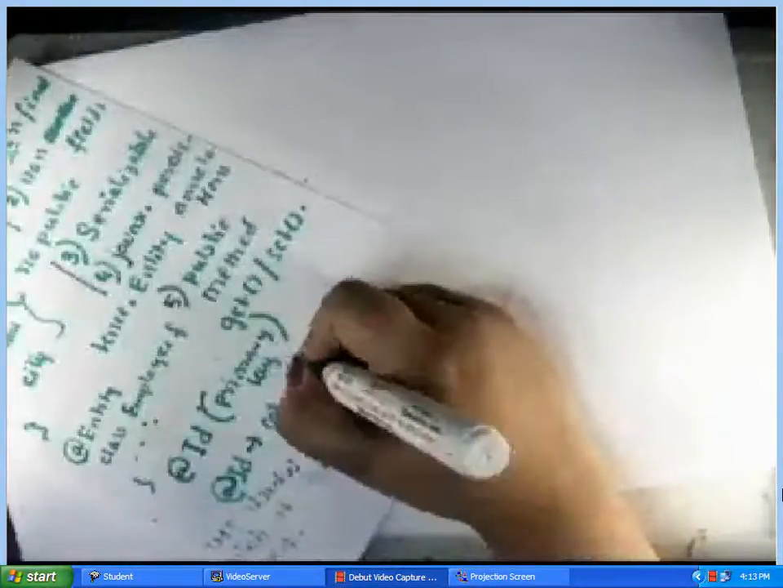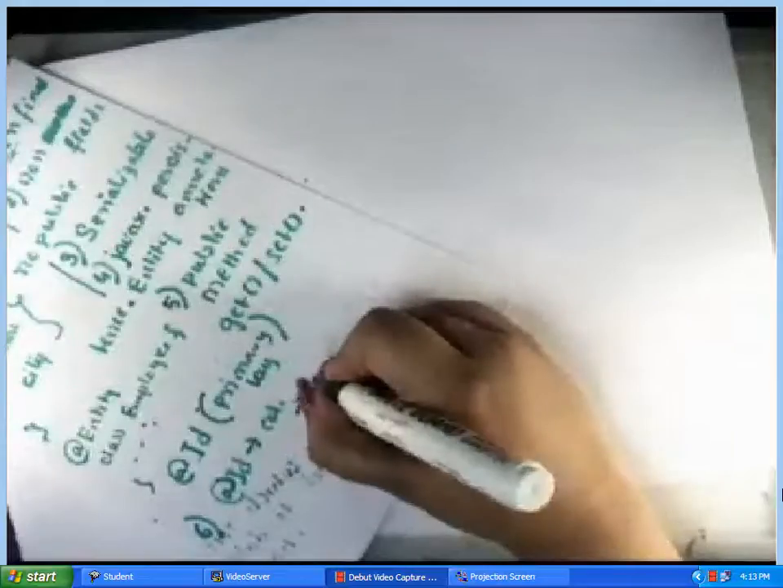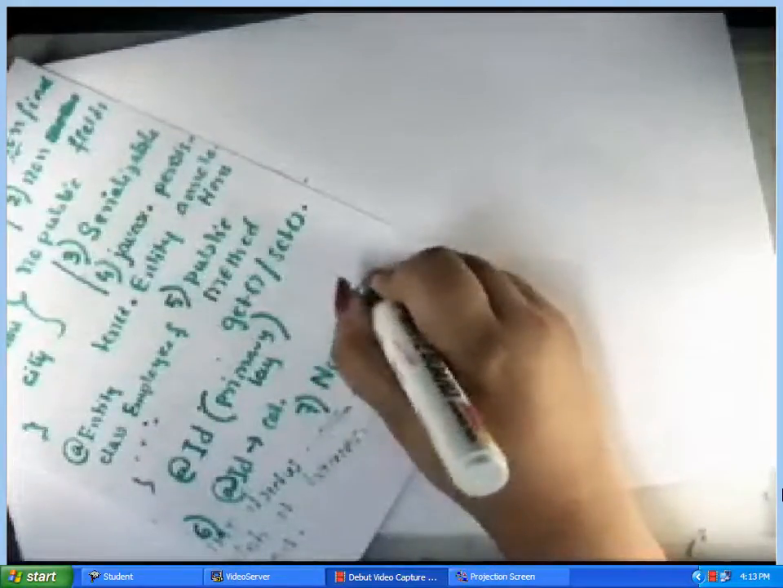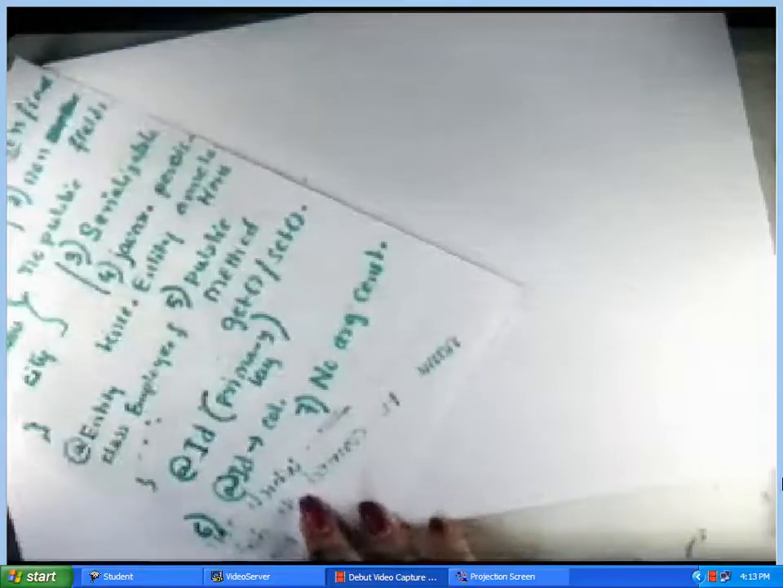Now, last and most importantly, this is number 6, there will be a no argument constructor to be created. No argument constructor means the constructor will be just a normal constructor with no parameters mentioned in it. Getting my point? Now one most important thing that I would like to discuss is